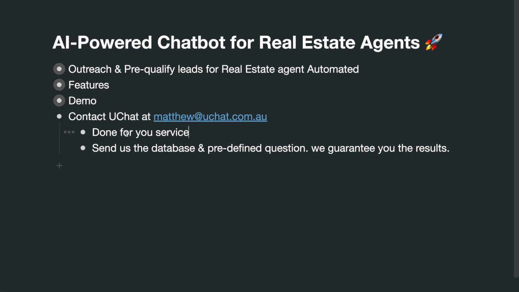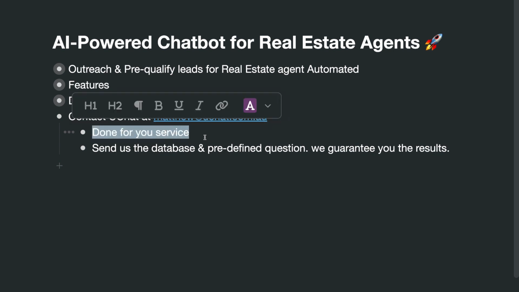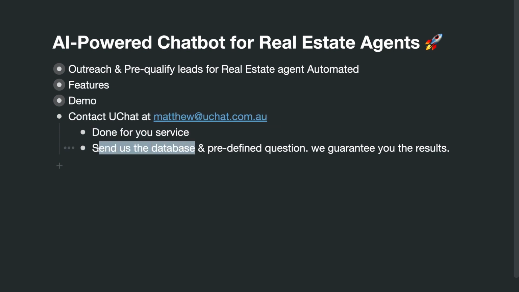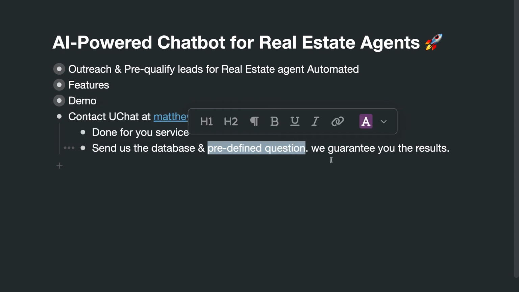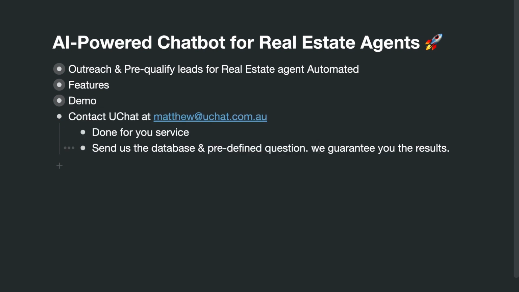We can do this as a done-for-you service, and you need to have the database you want to reach out to, and you can send us the predefined questions you want to ask, and we will make sure that we can build the smart AI to do the outreach, do the pre-qualification, and at the end book an appointment with you. We can guarantee the result you can get.